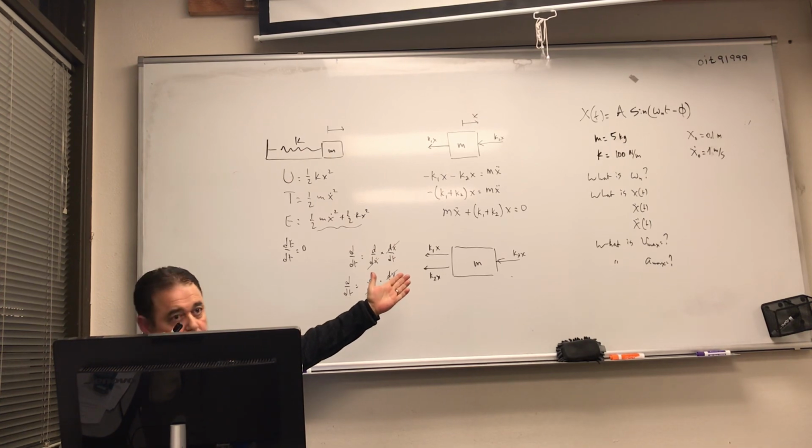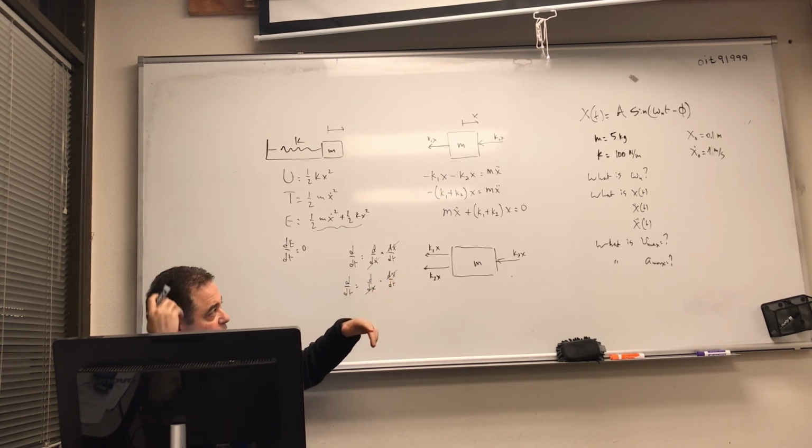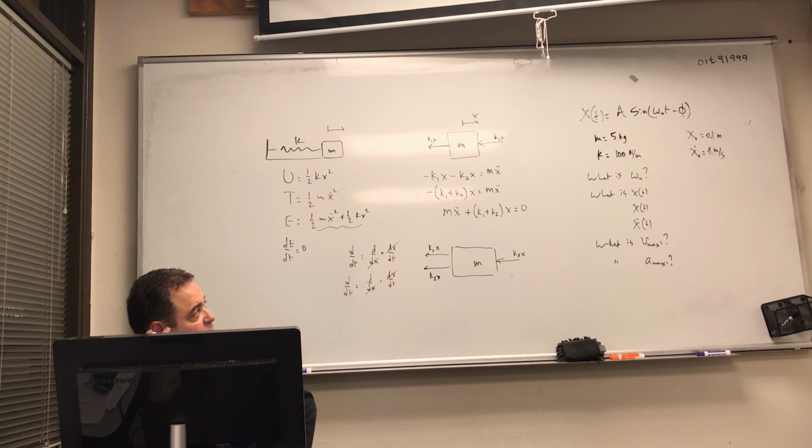Square root of k over m. 100 over 5, sorry. You did the opposite. Square root of k over m, that's right. Okay, so it's square root of 20, right? It's 4.4, whatever that number is. And then,